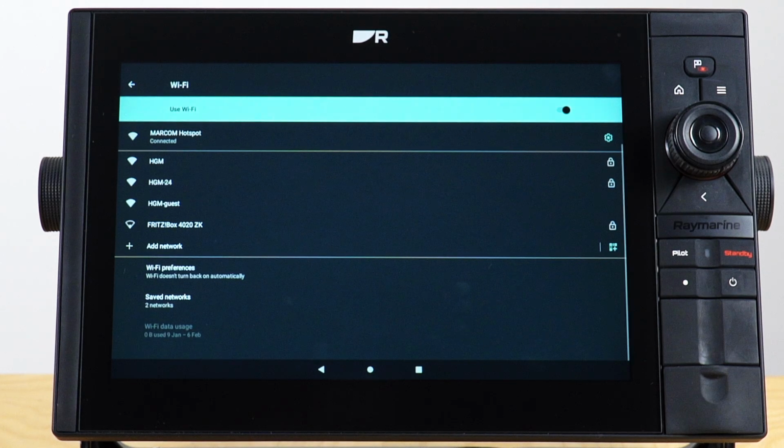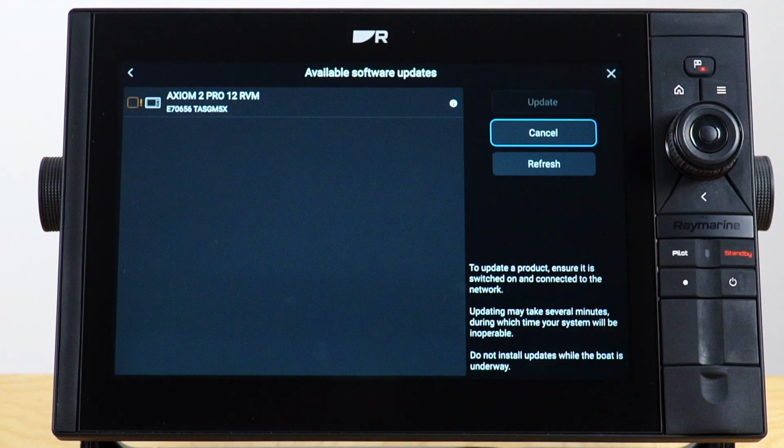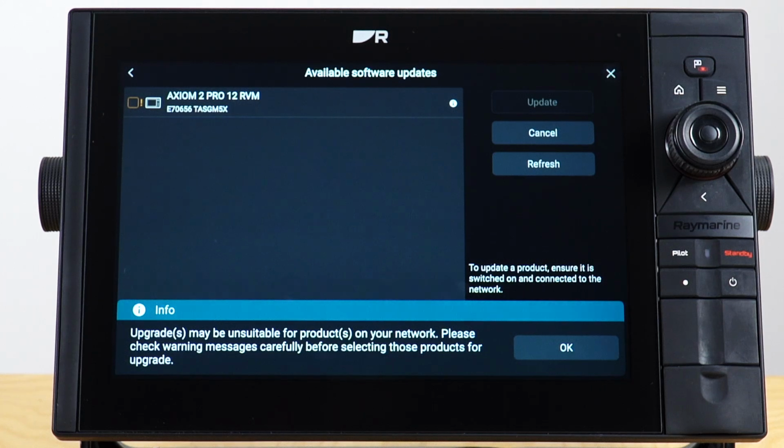If you're logging into a Wi-Fi network for the first time, select your network here, enter your password, and then you'll be connected. So now we click on Back at the top left, and the system will automatically search for available software updates. It may happen that we now get this pop-up notification. This means that for every software update, we should first check the Raymarine website for notes and tips about the